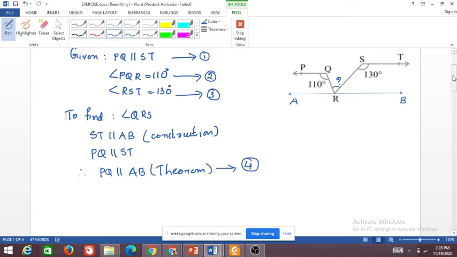Okay, what about Dhanush? How did you get 50 degrees, Dhanush? Can you explain to me? Dhanush, can you try now? Tell me, how did you get the answer? Okay, then Ashish. Can you tell me how you got the answer QRS to be 60 degrees? So tell me.